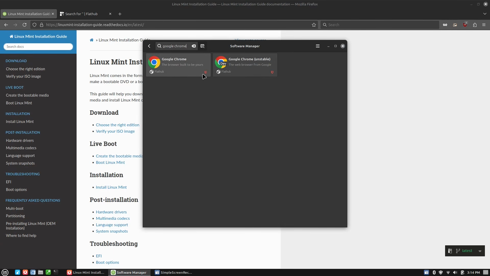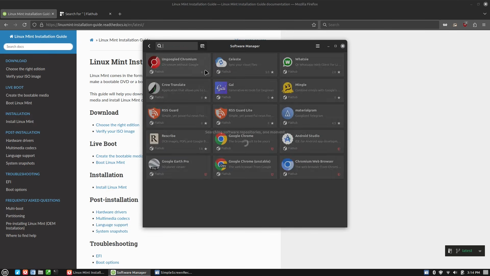This is a weird example. It's actually put up here by an official developer of Chrome at Google. It's just not put up by the Google account itself. That's why it's not verified. It's kind of weird. Now, by default, Linux Mint is not going to show you unverified